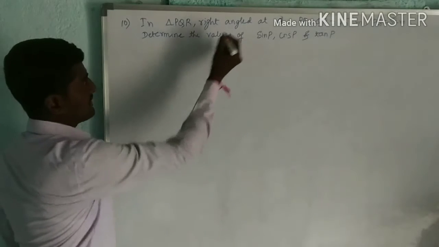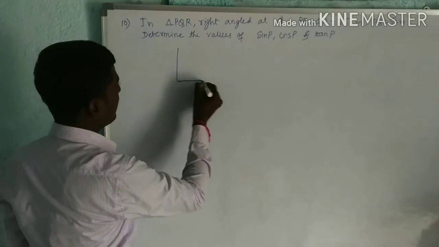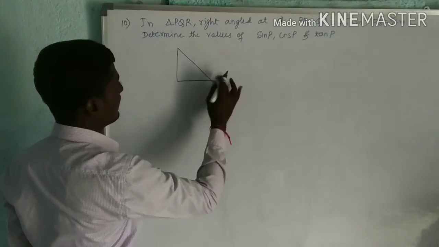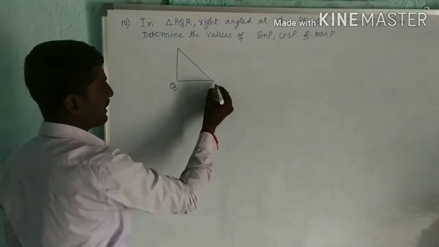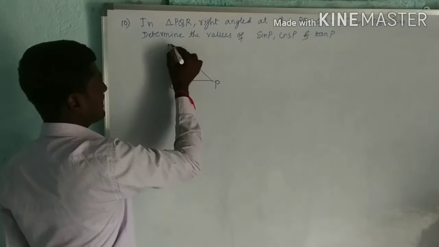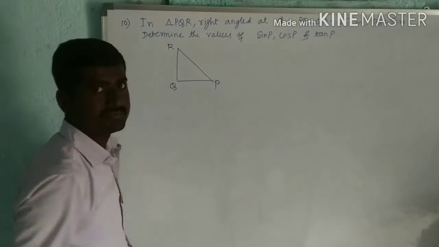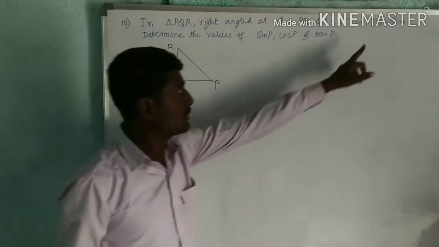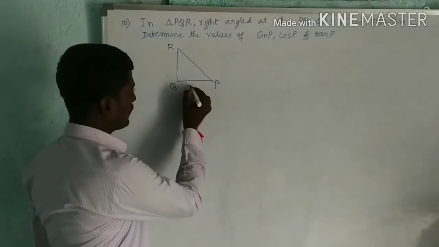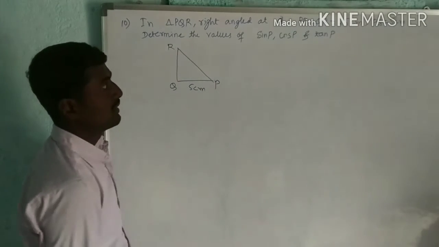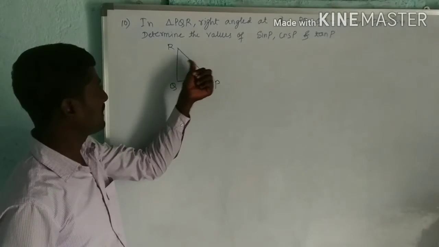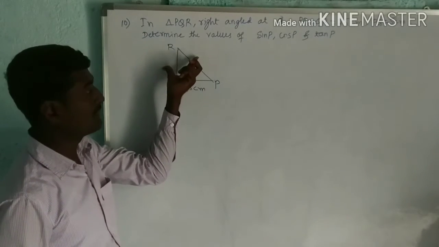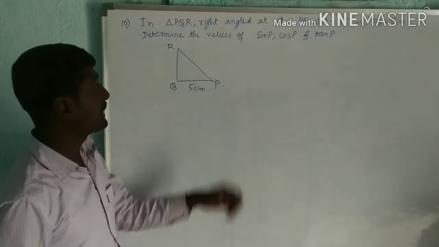So let us take first right angle triangle. It is right angled at Q. I will take this as Q. You can take any P. I will take here as P and this as R. P, Q, R. Now PQ is how much? 5 centimeter. They are given. PQ is 5 centimeter. Then PR plus QR is 25 centimeter. Sum of these two given as 25.